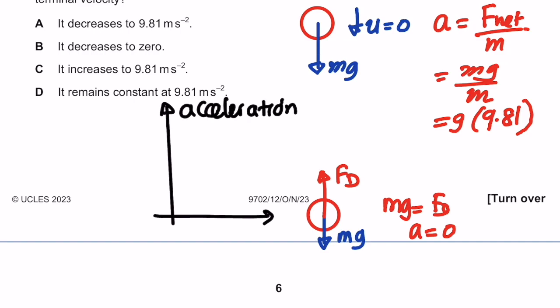with time, acceleration is decreasing, right? How is it decreasing? Is it a curve or a straight line? Does not matter. It is a decreasing graph. So the answer for question number 9 is B.